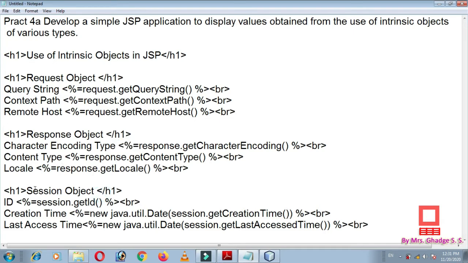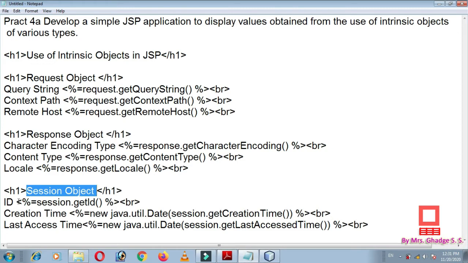Then the third object is the session object. Again, the session object is the object of the HttpSession class, and here we are going to use it to display the session ID, the creation time, and the last accessed time of the session.